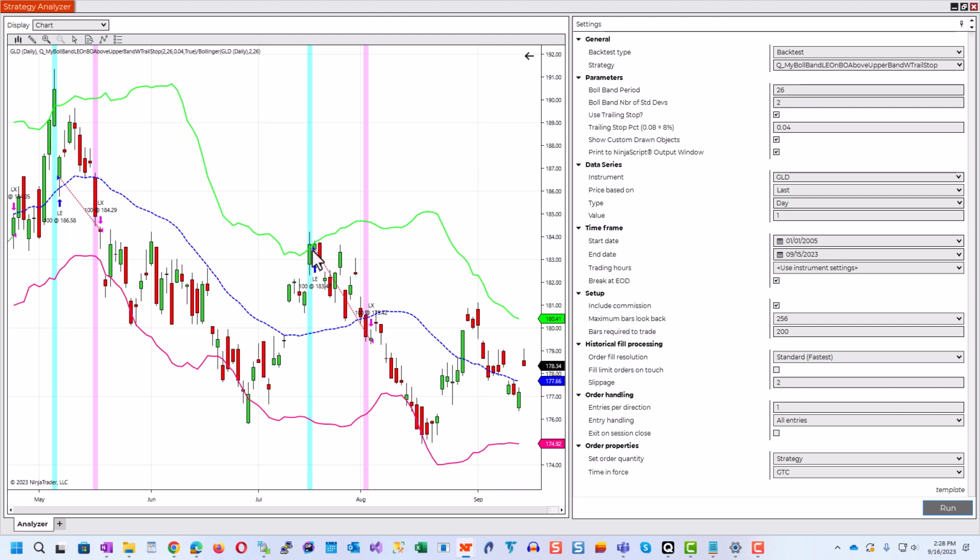And the market went down, and when the close price crossed below the middle line of the Bollinger Band, a market order was placed and filled on the open of the next bar in the backtest. So this is an example where a tighter trailing stop would have helped us, but instead we exited on the breach of the middle line of the Bollinger Band.